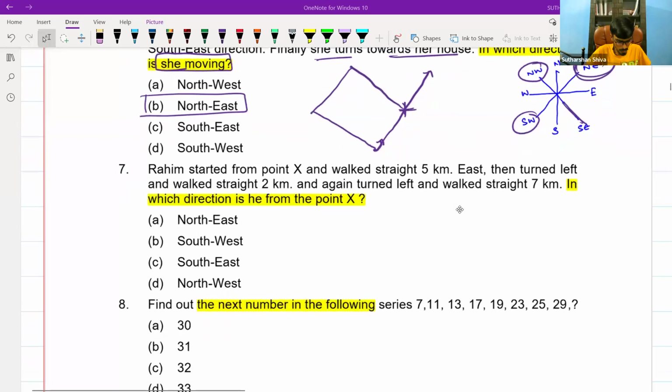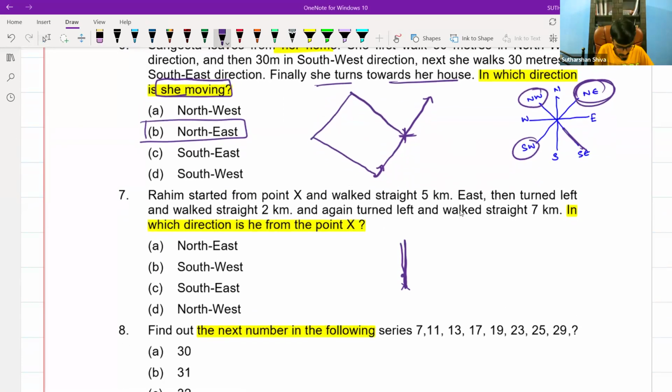Now we will move on to question number 7. In the question, Rahim started from a point X. He walked straight for 5 kilometers, east, 5 kilometers, and then they have given